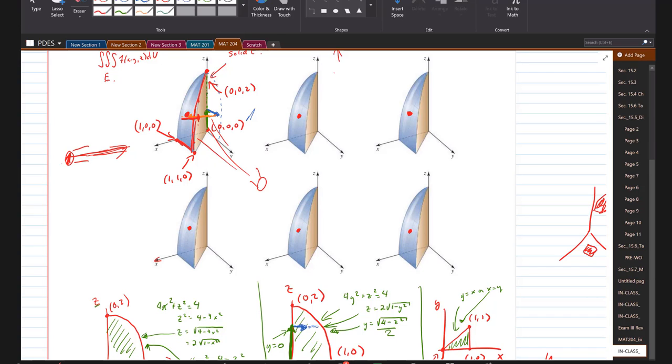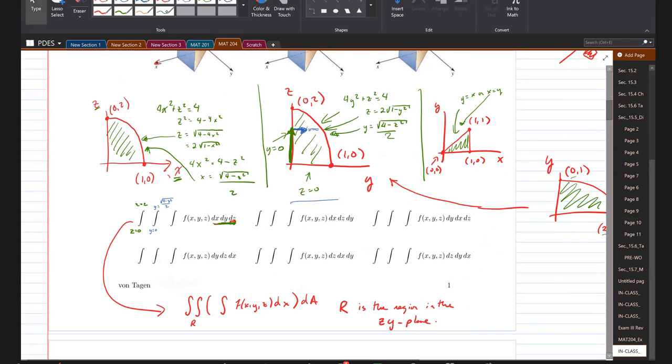You guys see that it's colored beige there, or light brown? I don't actually get into my solid until I hit that beige plane, and then I stop including x values when I get to that blue face that's given by the cylinder. So I enter through the beige plane and I stop when I get to that blue cylinder. So my x values are going to go from x equals 0. Oh, sorry, that's not right. From x equals, hit the beige plane of y until we hit the blue cylinder,